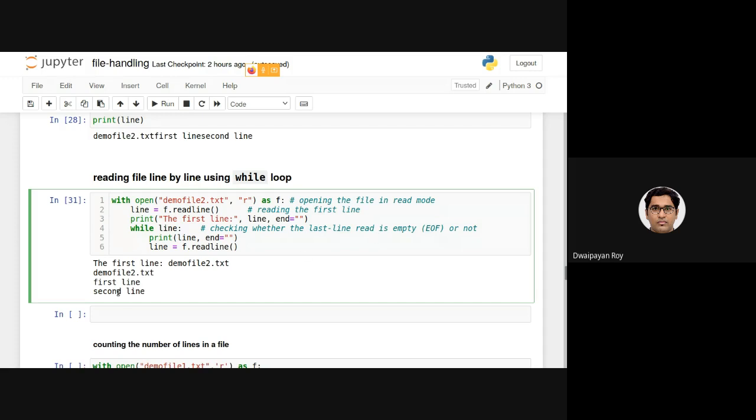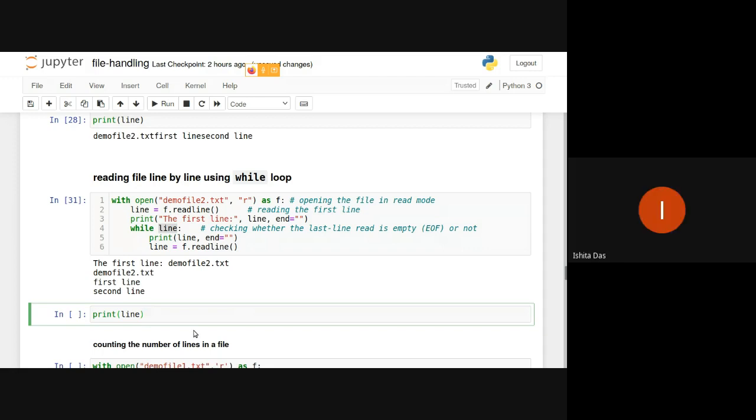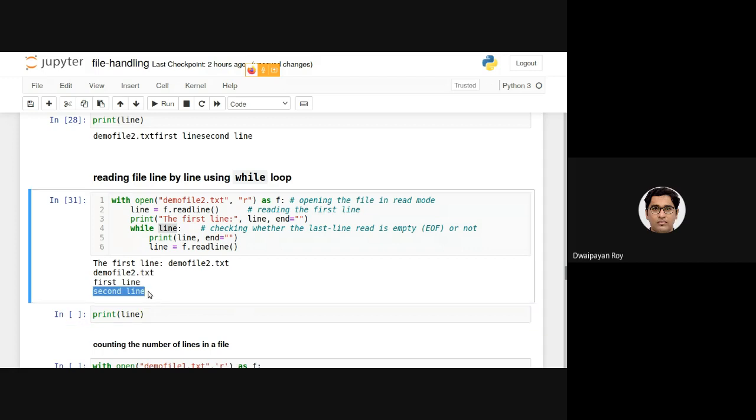So on reading the last line, now, if I print line here, can you guess what will be printed? Line was last initialized by, I mean, line is containing something that is not true, right? That's why this while loop execution has been terminated. So what is line? Can you guess? So you're printing the last line, I guess. The second line. No, if it is containing second line, then it would have been true.